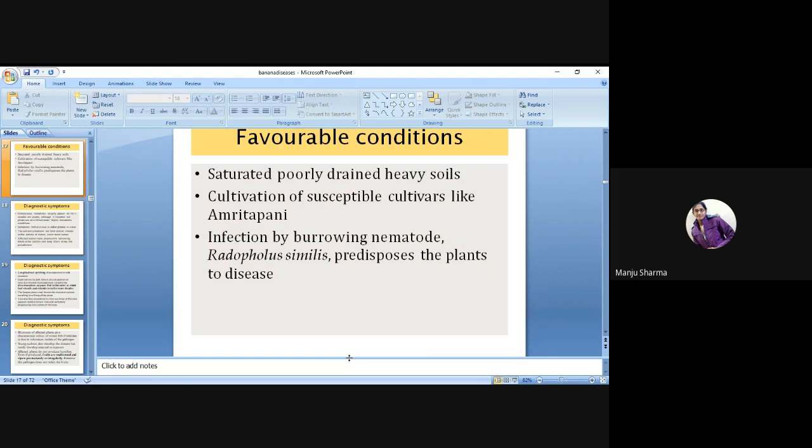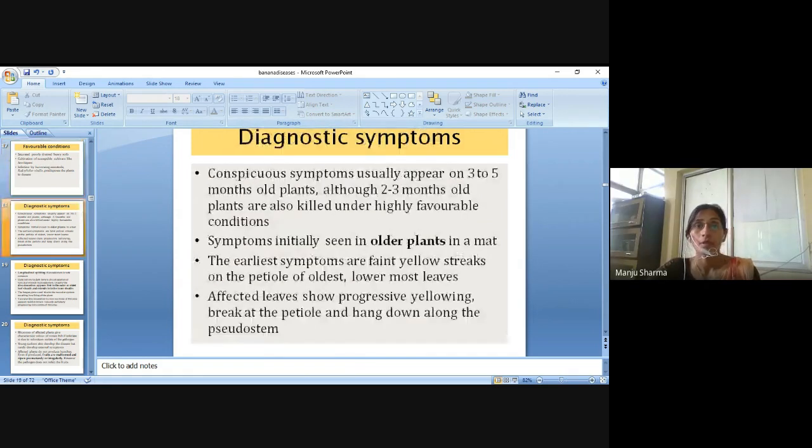Favorable conditions are saturated, poorly drained, heavy soils, cultivation of susceptible cultivars like Amritpani, and infection by the burrowing nematode Radopholus similis, which predisposes the plants to disease. For diagnostic symptoms, conspicuous symptoms usually appear on 3 to 5 month old plants, although 2 to 3 month old plants are also killed